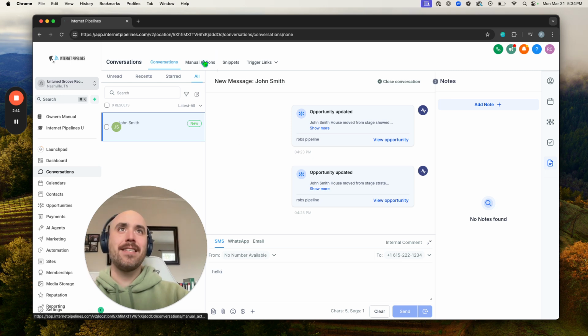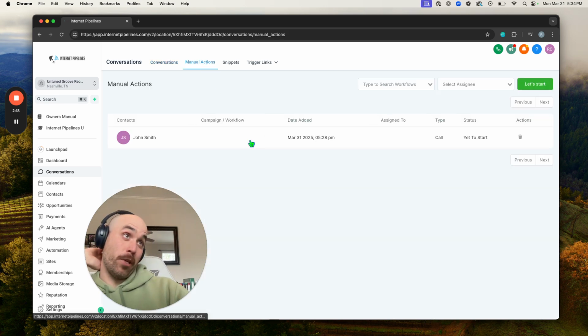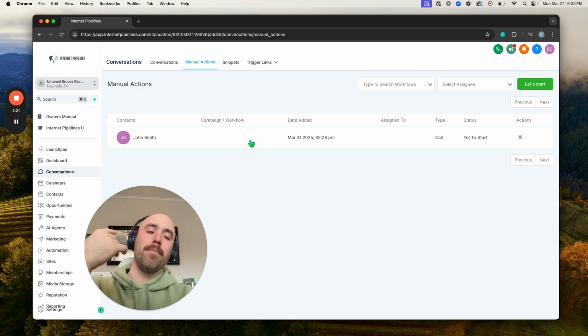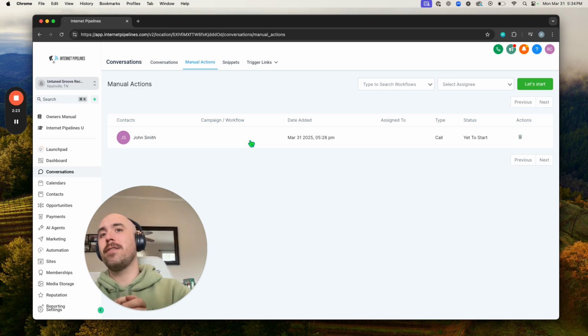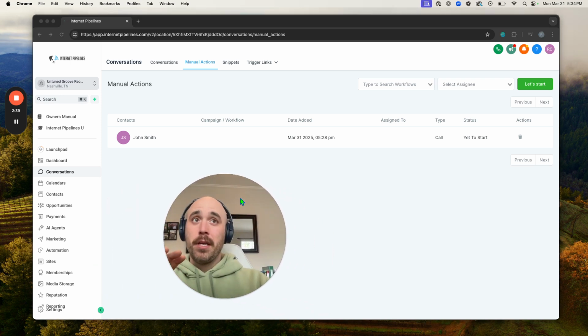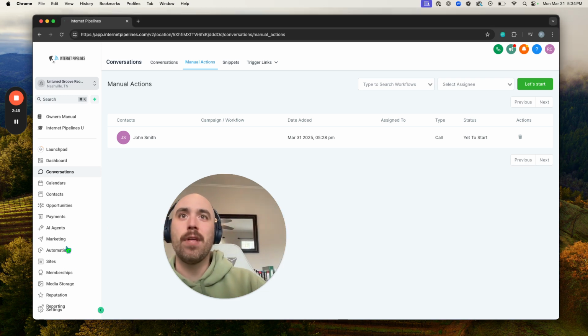So on the next tab, this Manual Actions tab, one thing that's really cool is this concept of a power dialer. This isn't something everyone's going to use, but if you've heard of the power dialer, it's super cool. If you're calling a lot of people, a lot of leads, a lot of prospects, it's very handy. But the idea is, you add people to this Manual Actions list, and the way you do that is